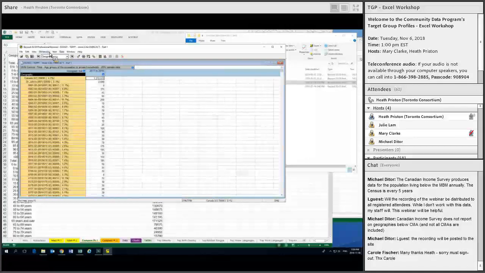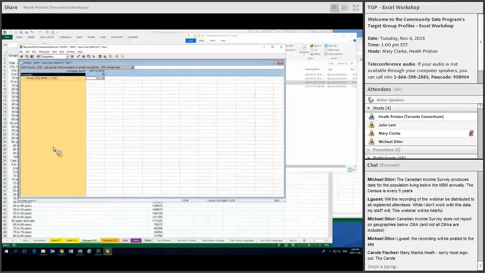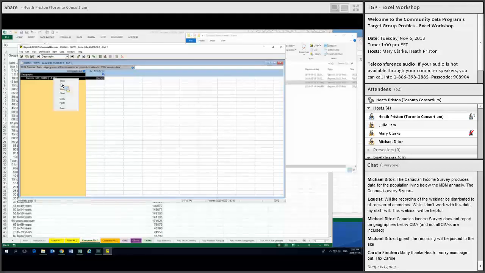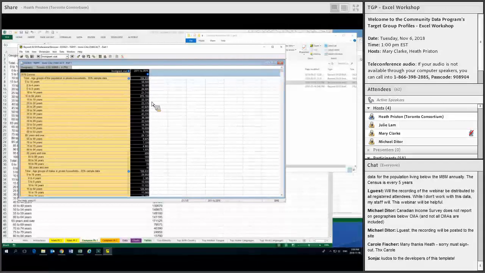So what I want to do is look at what the profile of recent immigrants looks like in the city of Toronto as compared to the Toronto CMA. So I'm going to open up a CMA CA census tract table here. Again, I want to show that. I'm going to bring this down so I can look for the specific geography that I want. I'm going to go English description, and I'm going to type Toronto again, but this time